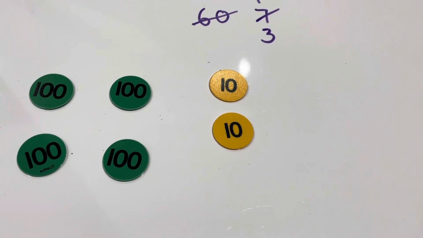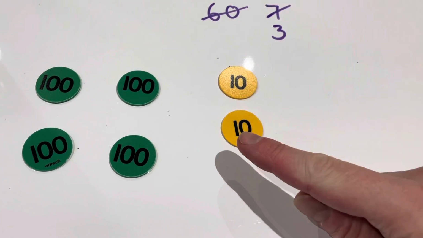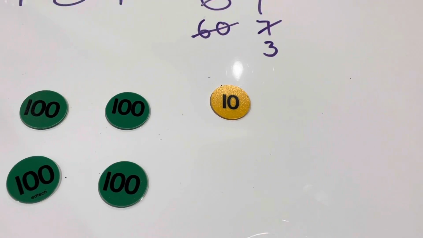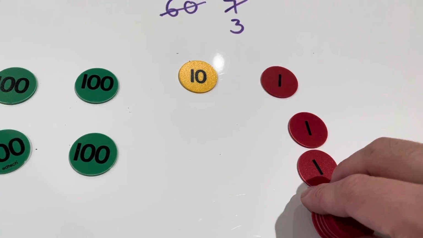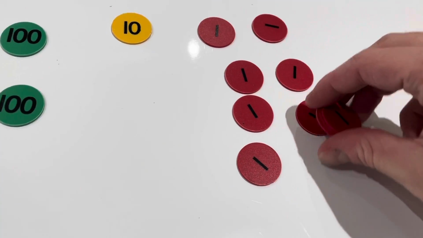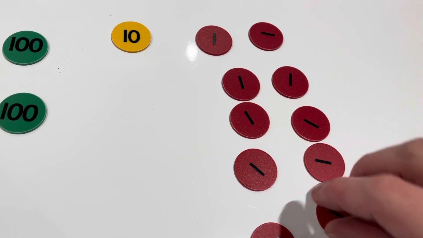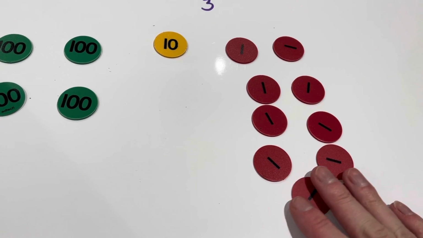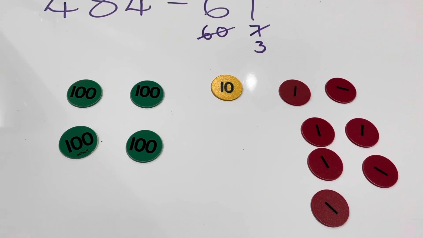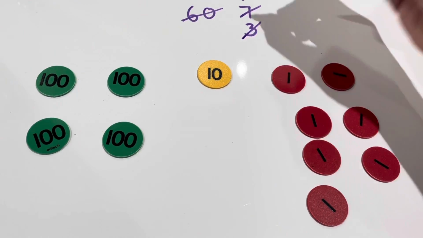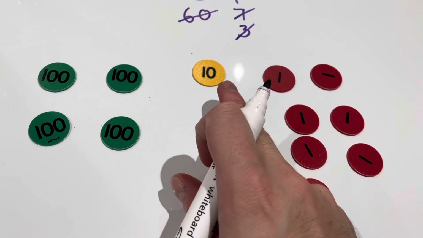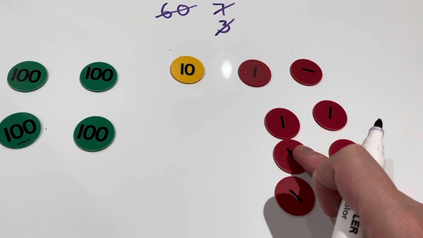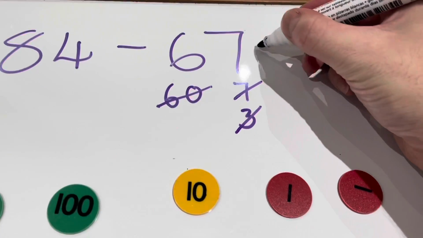So what I can do is a couple of things. I can take 3 away from 20 and see what that gives me. Or I can get rid of a 10 and exchange it for 10 units, which I have here, allowing me to remove the final 3. I can do that now. And that will leave me with the answer. I've removed the final 3. That leaves me with 400, add 10, it's 410, 11, 12, 13, 14, 15, 16, 17. So the answer is